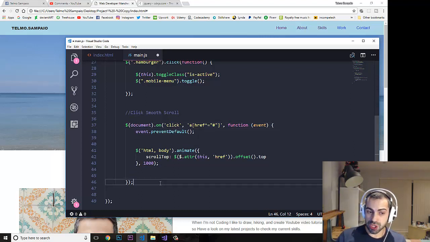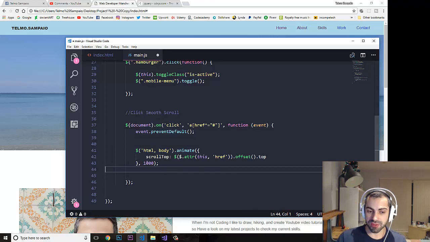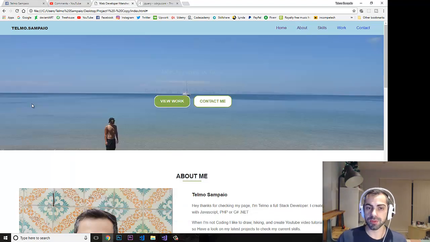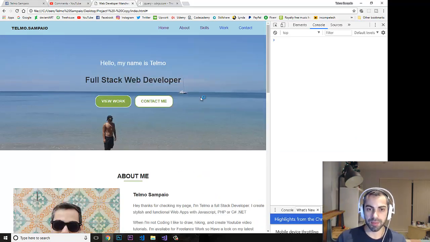But if you just copy this code and paste it in your JavaScript file, it's going to work perfectly. I just forgot to explain this part in here. This last part is the time that it takes. For example, if I refresh the page and click in here, for example, About, look,